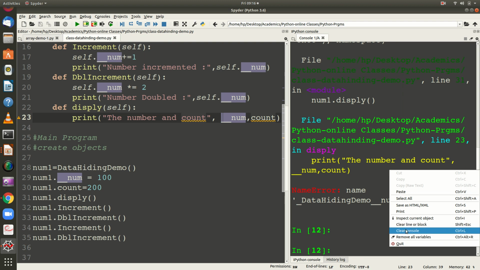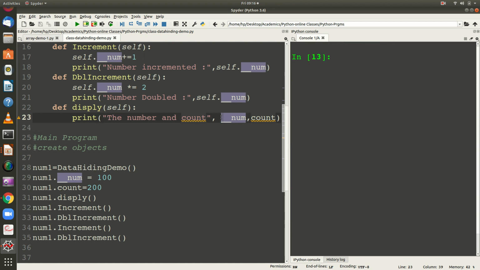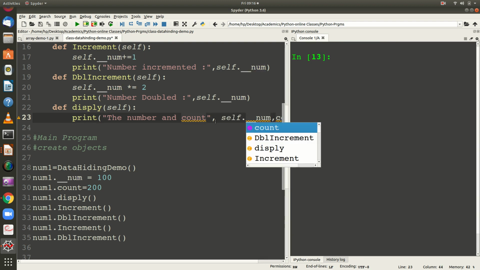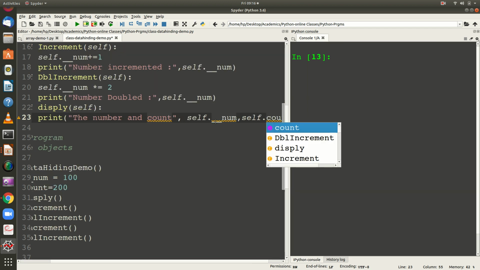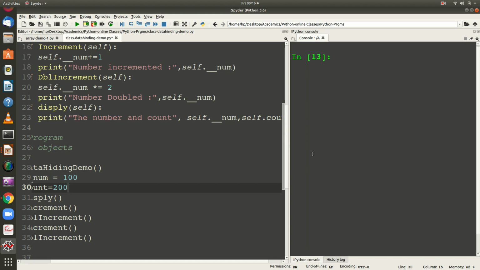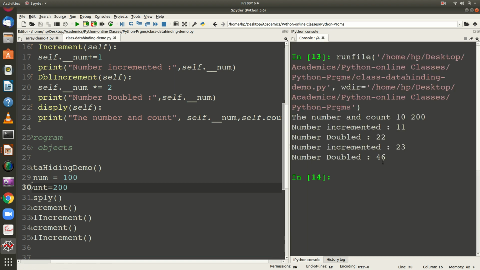Okay, let me clear the console. So you need to give self dot, and you have to give self dot, fine. So let me run it again. Now it shows the number is 10 and 200.